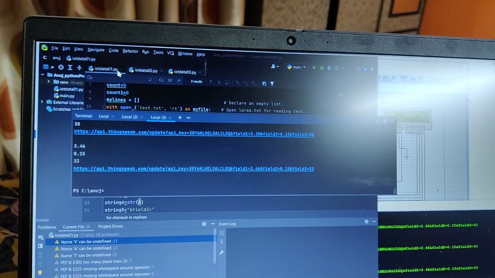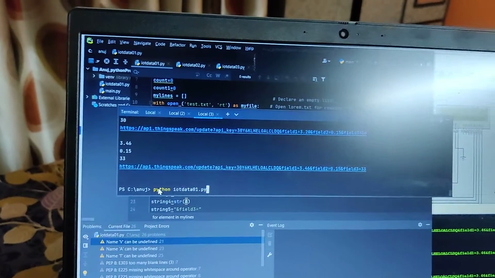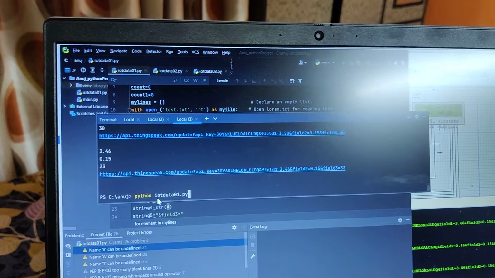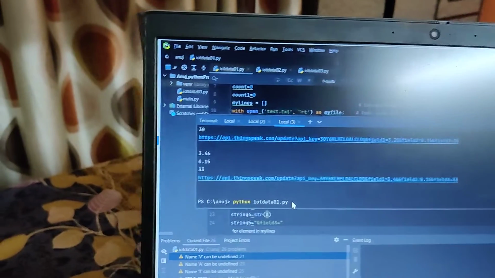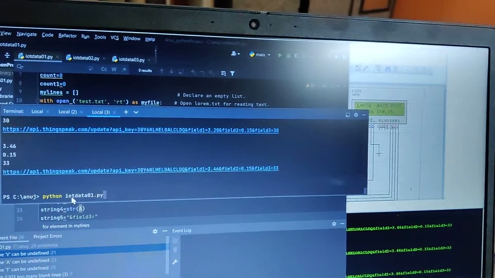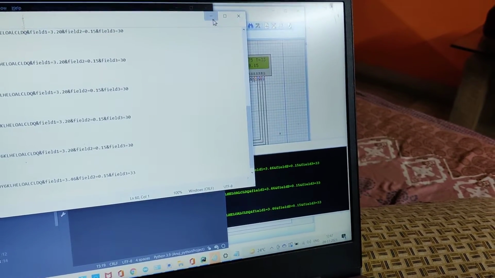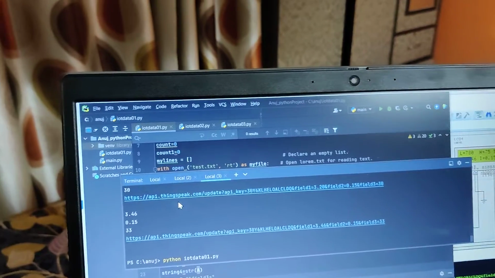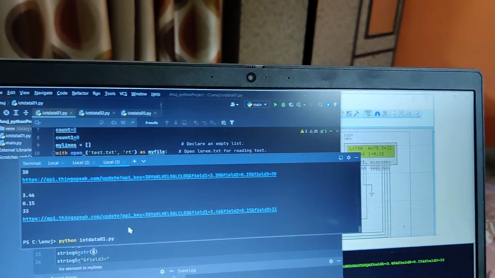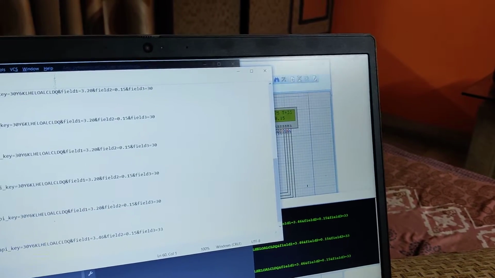That is IoT data 01.py, and to run the script you have to type this command: give the path, python space IoT data 01.py, and once you hit enter, you'll see the data will be there on the internet. Be aware that there is an additional text file. At the same path where you are saving this IoT data file, you have to paste this text file. Once after copying the data you need to save it, and then you can run the Python script.